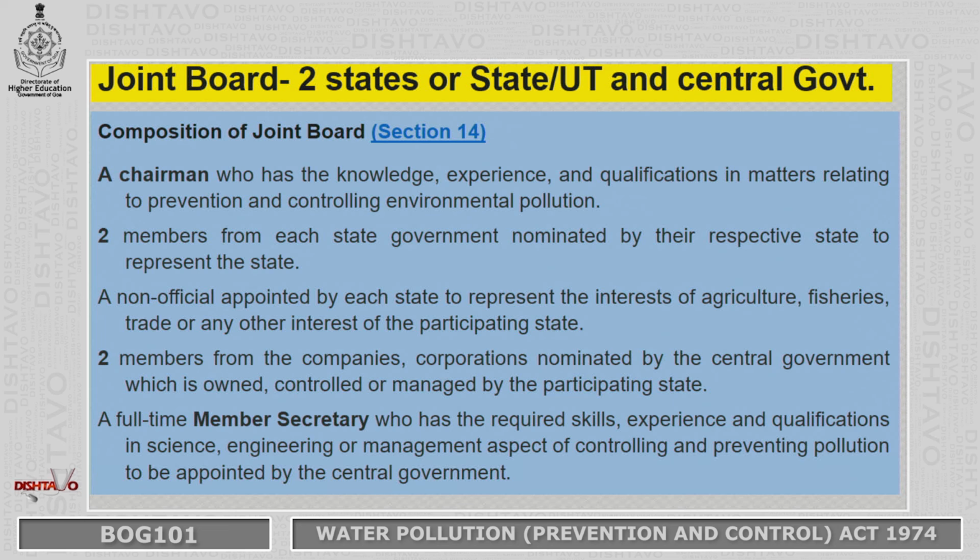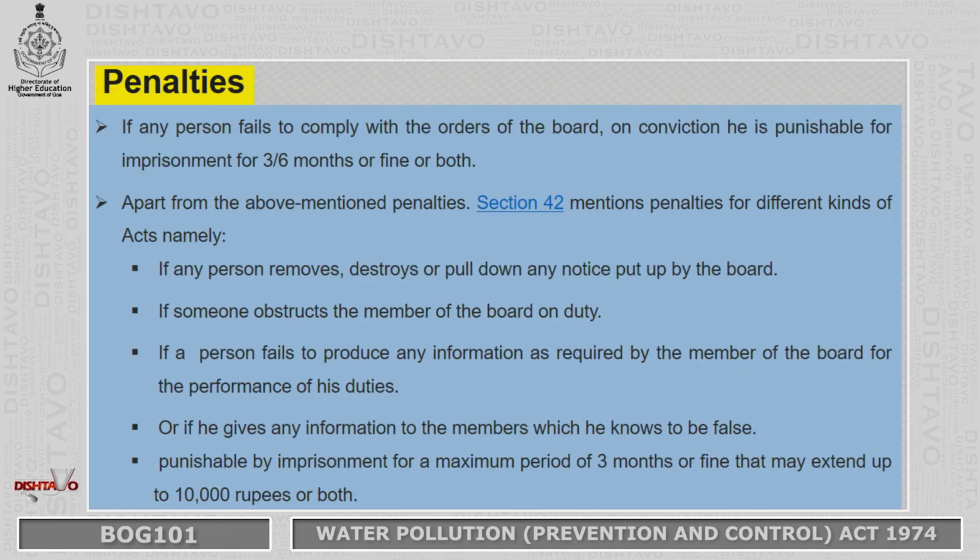which is owned and controlled by the participating state, and a full-time member secretary like the previous 2 boards, with the required skills, experience and qualifications in science, engineering, management and the know-how of how to control and prevent pollution, and appointed by the central government. Those who fail to comply with the orders of the board have to be given penalties, and the penalties are various. If convicted, it is punishable by imprisonment, which can be for 3 months or 6 months,